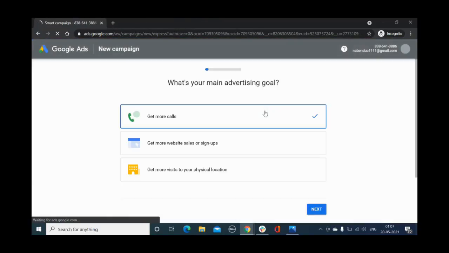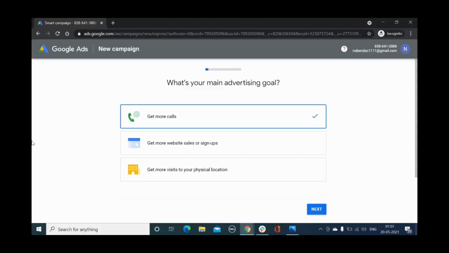Once you log in, one prerequisite of creating a Google Ad account is to have a Gmail email ID. It is the first requirement. You have to have a Gmail email ID. If you do not have a Gmail account, create one just to run ads on Google and then use that Gmail ID. Any other email address will not be accepted by Google.